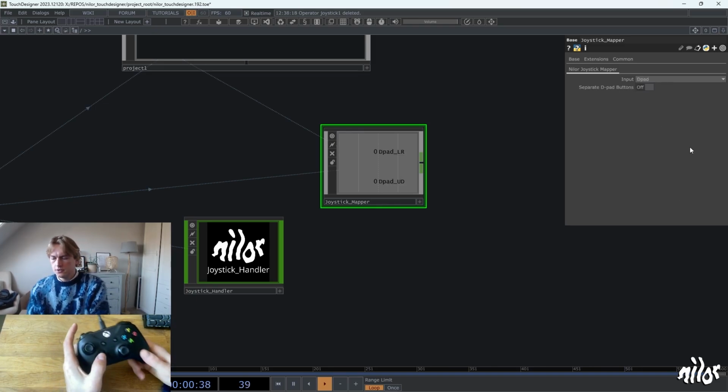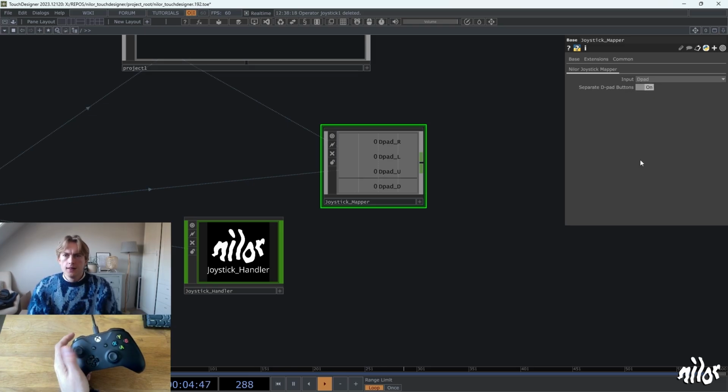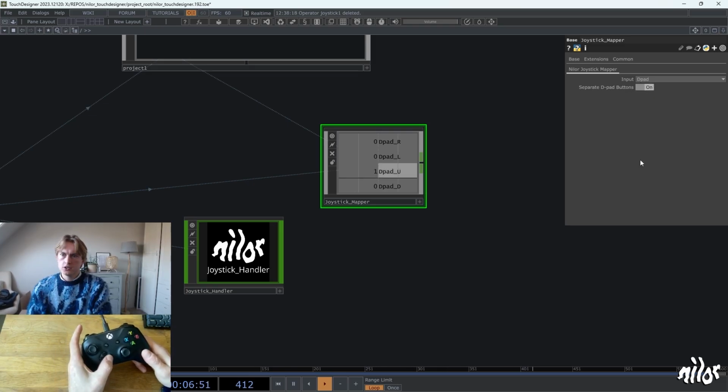The D-pad is also there, and it's on an axis by default, so there's another button that you can separate each D-pad